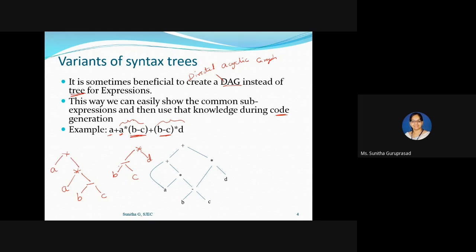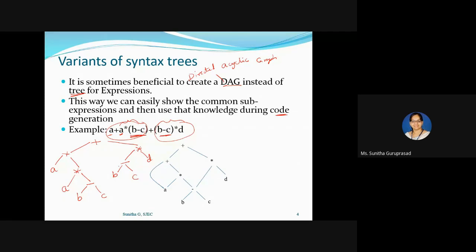Then we have already got b minus c into d. Now this part is over, this part is over, and you have to add these two. We add it here. This is our normal syntax tree.